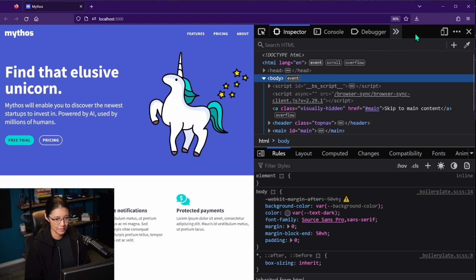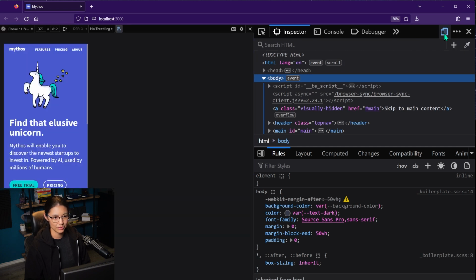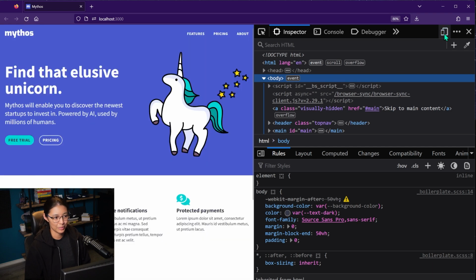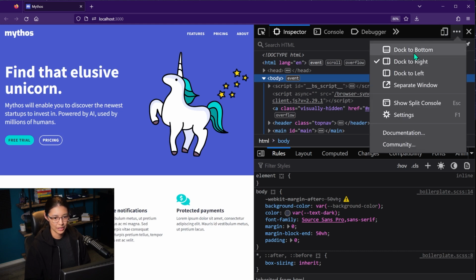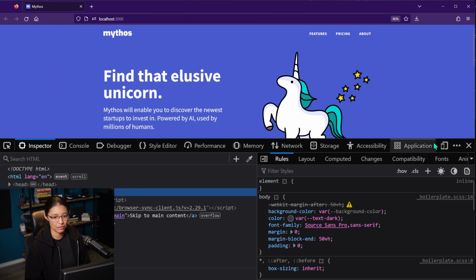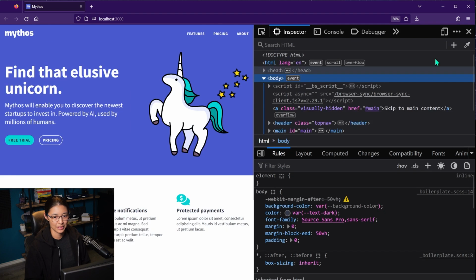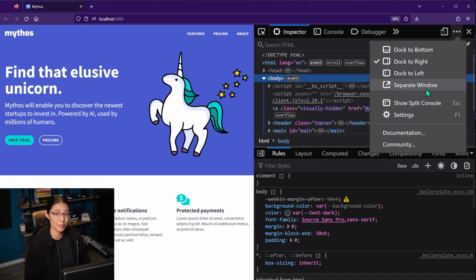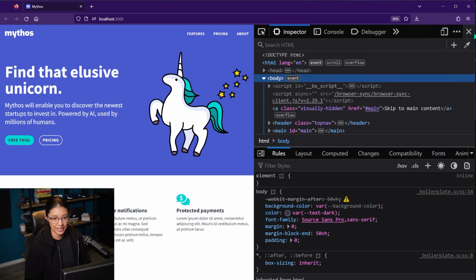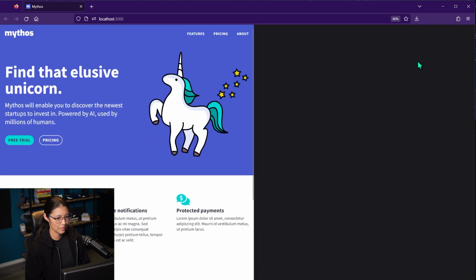So next to the tabs, we have a little icon that looks like a phone and a tablet device. And if you click that, it'll turn on responsive design mode, and you can use that to emulate different devices. I will be going into this a little bit more later on as well. Next to that, we have the three dots. So if you open this, it lets you have different settings. So you can kind of control the layout of where the DevTools shows up in your window. You can even open them in a separate window if you want. And then there's an X to close out of the tools.